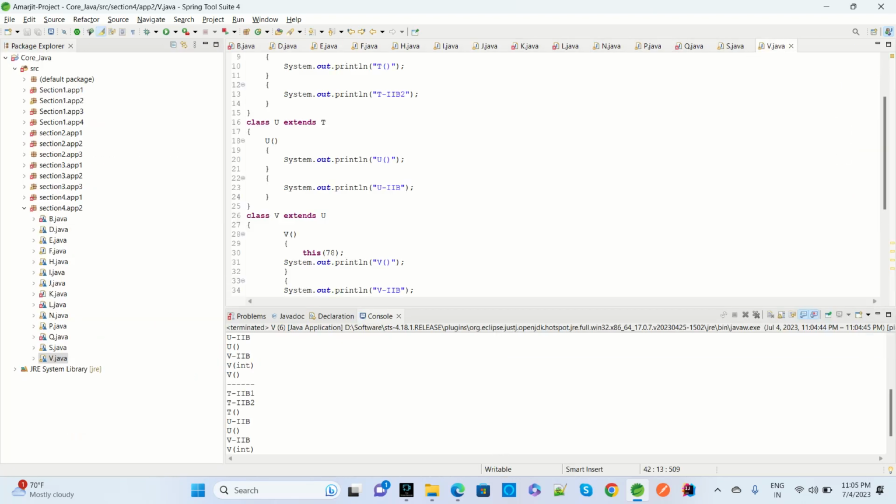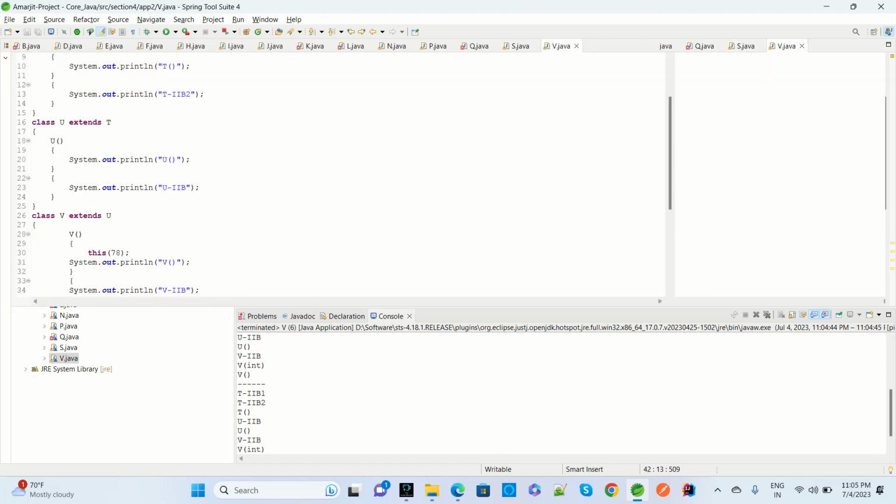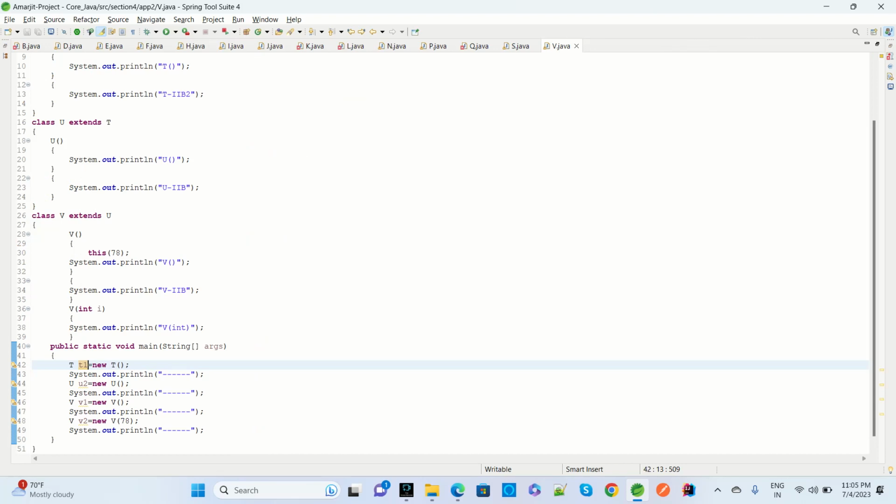So like this we have completed section 4 also. Inside that we saw how we call multiple classes, how we create multiple classes, how we create multiple public methods inside this class, and how we run that, and what are the ways to communicate from one class to another by using the extends keyword, how we call this and super, what are the argument and non-argument constructors, what is a static block, what is a non-static block, and what is a static method, non-static method, static variable, non-static variables, like instance variable,